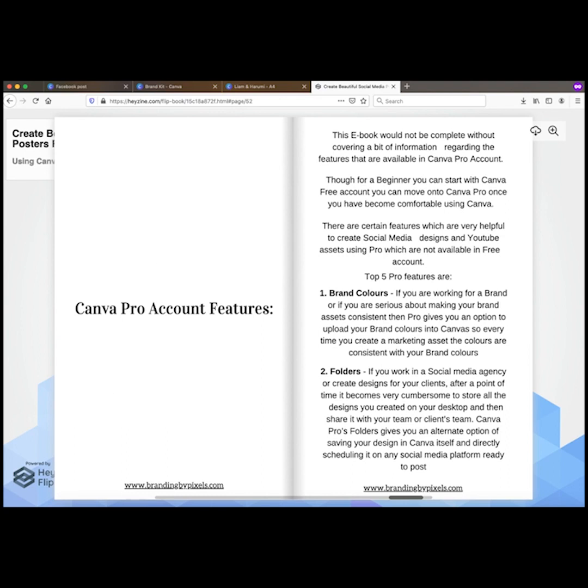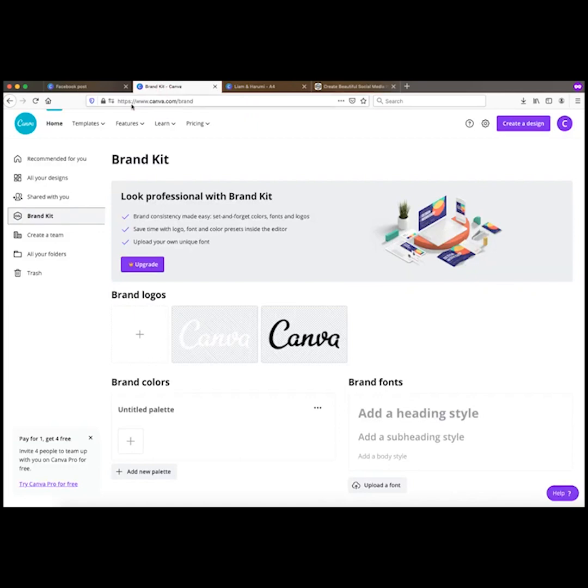The first feature that we'll be talking about, which is available in the Canva Pro account and not available in the Canva free account, is your brand colors. So if I go back to Canva, on my home, you see an option for brand kit. Brand kit is nothing but making sure that if you're working with a specific brand, or if you're a social media agency and you are creating social media posters for your clients who are brands, then they will have a definite brand kit